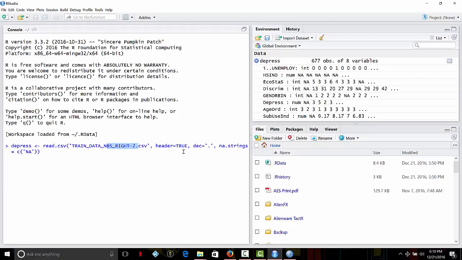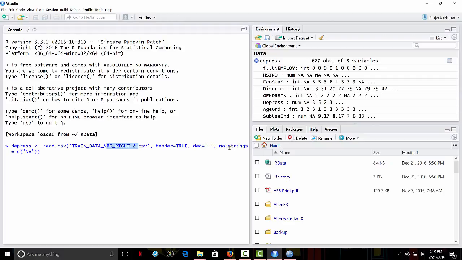We also have the argument dec, and this argument states that the numbers use the point character to separate decimal places, and the last parameter that we specified is